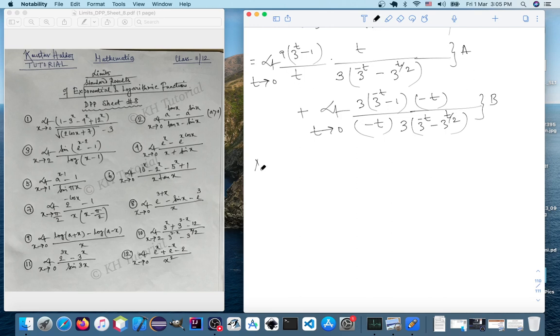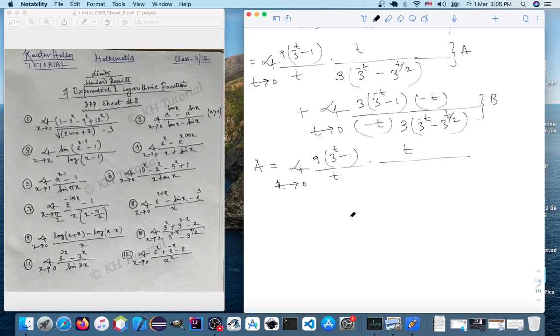So a is limit t tending to 0, 9 by t. This is t by